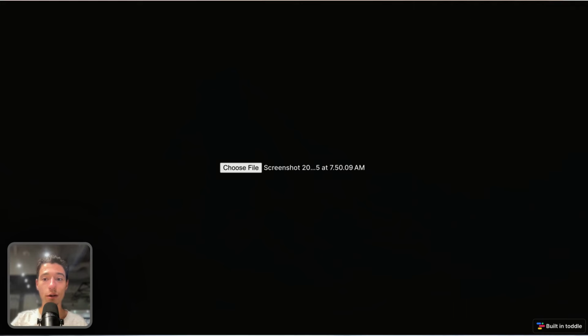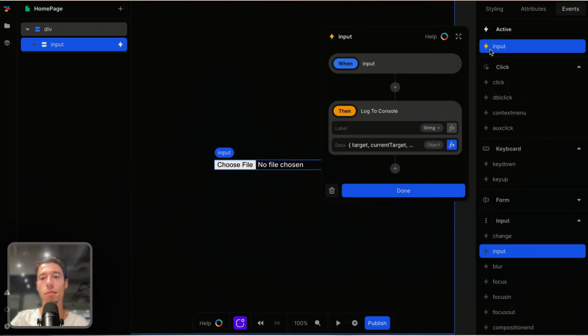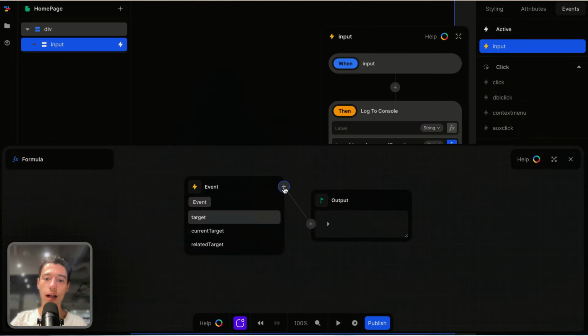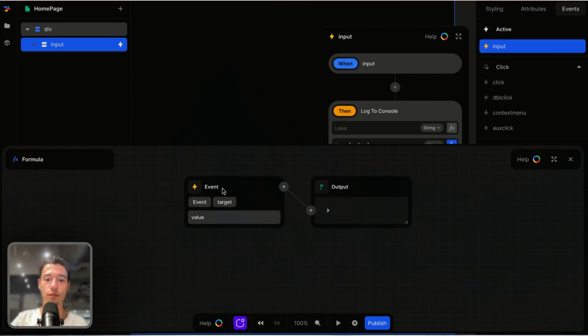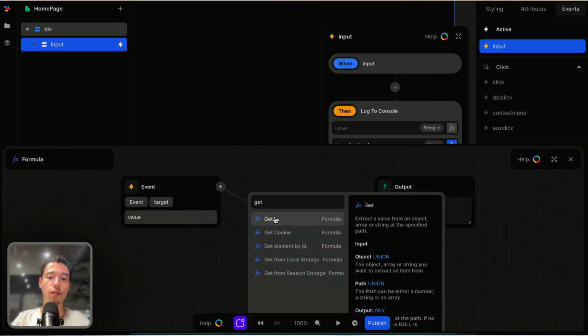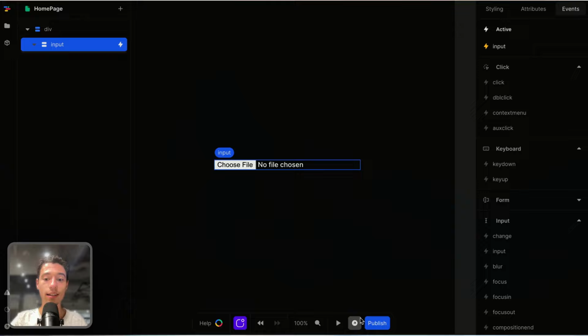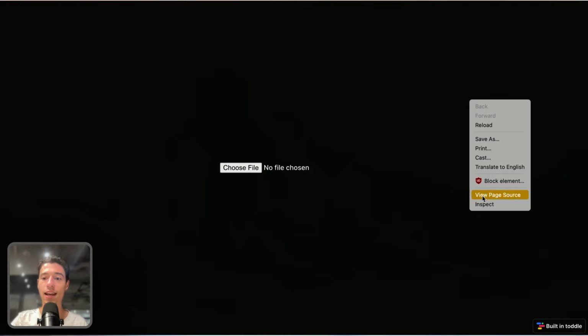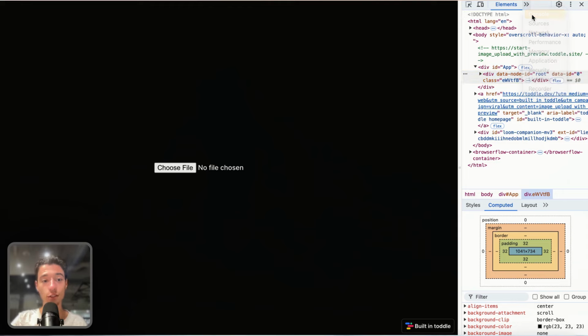So this is what we want to do now in Toddle to only get the file, because we don't want all that other rubbish. So I will add. Actually, I can go to target here, so I can do event target, and we don't want value. Because we don't have the option to select files in here, I go to event target, and then I go to the get filter, and I type in files. So now if I go on the live page, and I go to inspect again, and I go to console,